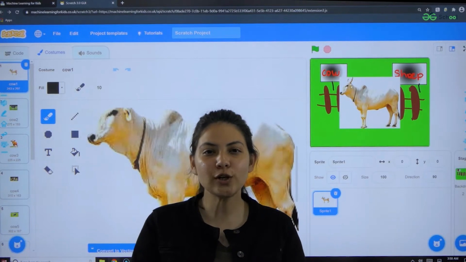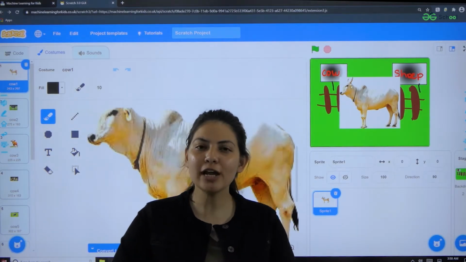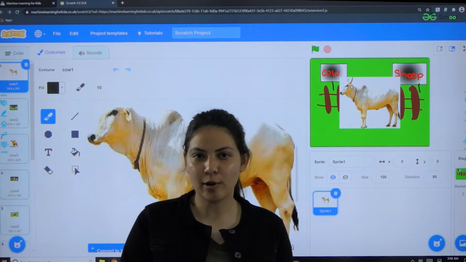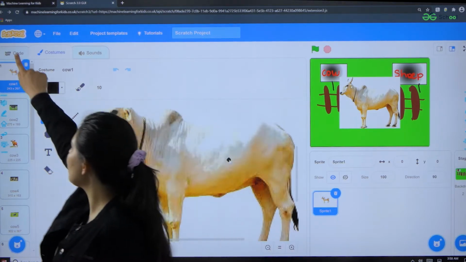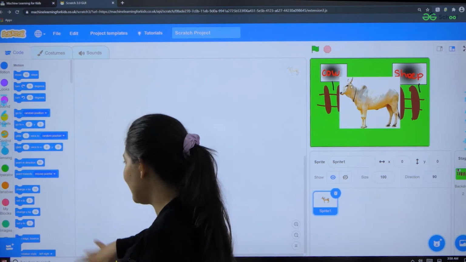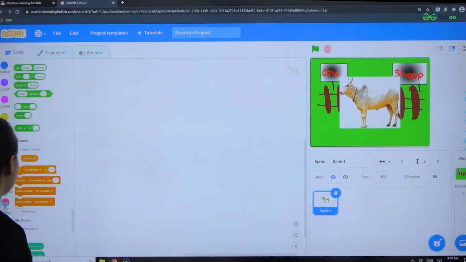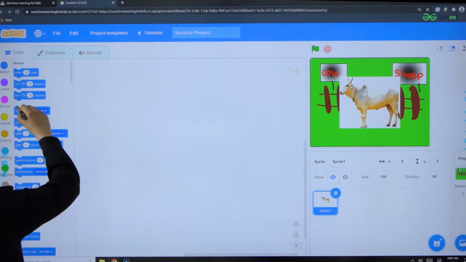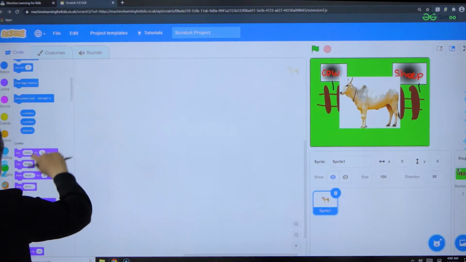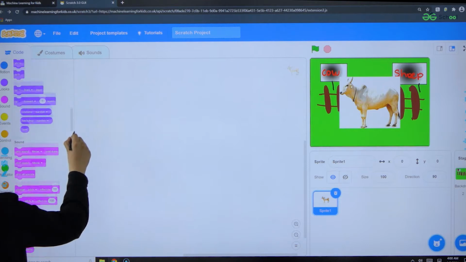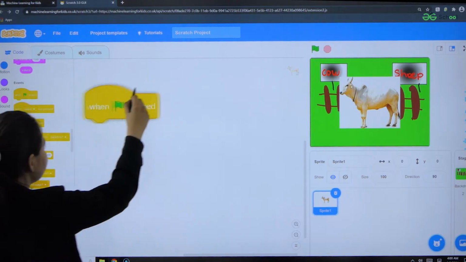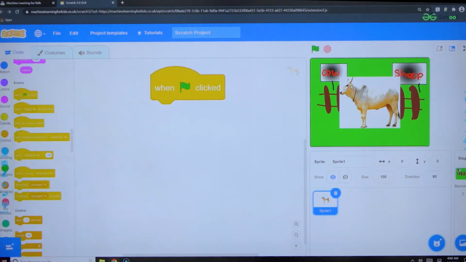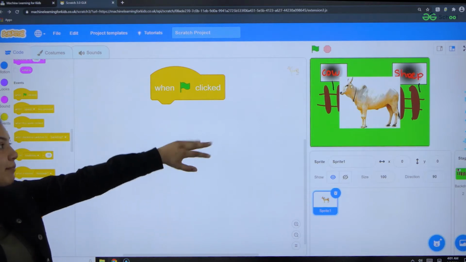Students, in this tutorial we are going to write the code for our project. So, select the code block. When I click the green flag, I want to hide my images.